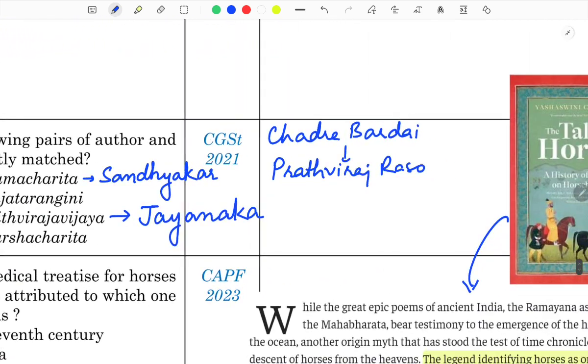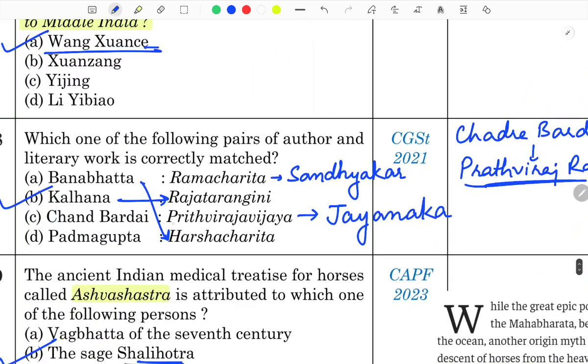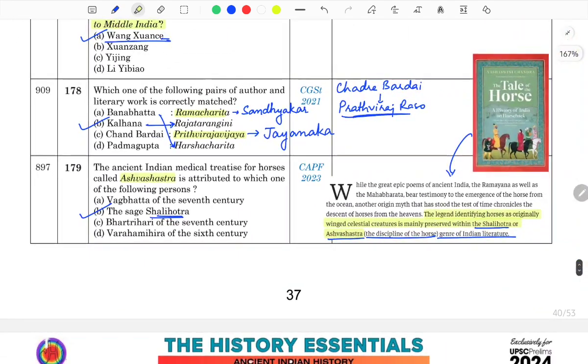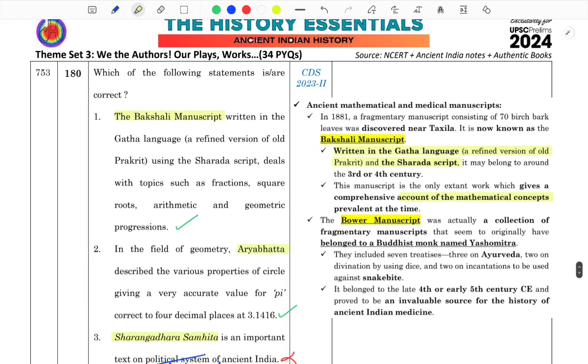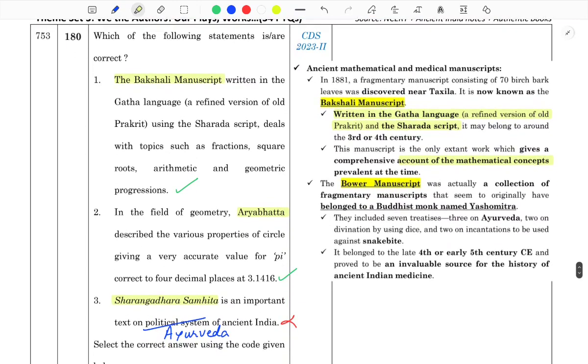Chandrabardai wrote Prithviraj Raso, not Prithviraj Vijay. Prithviraj Vijay is the work of Jayanaka. Ramacharita is the work of Sandhyakar Nandi, and this Harshcharita, you know, the Banbhatta. Ashwa Shastra, we have covered this question. Okay. Now this is the last question, and